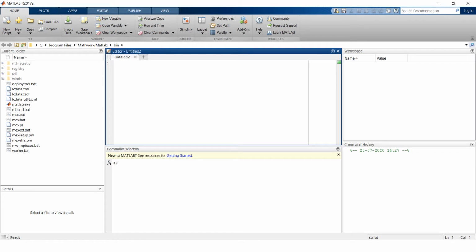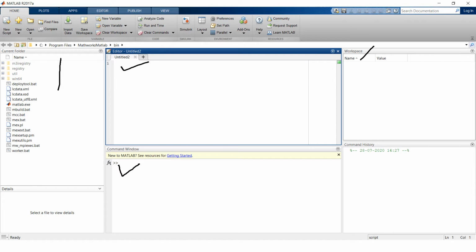So when you launch MATLAB, the default layout will be something like this. This is your main menu. Then this is directory, editor window where you write your script file or a function file. This is command window. You can run small syntaxes or you can provide input to your program and get the output result here.